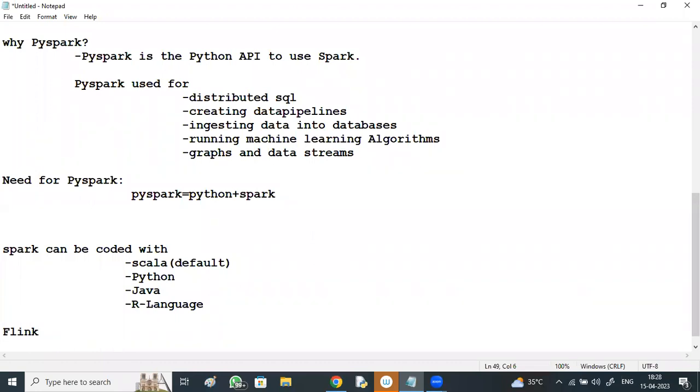Both Spark and Flink are Apache products, introduced by Apache, and both have the same purpose and objective.